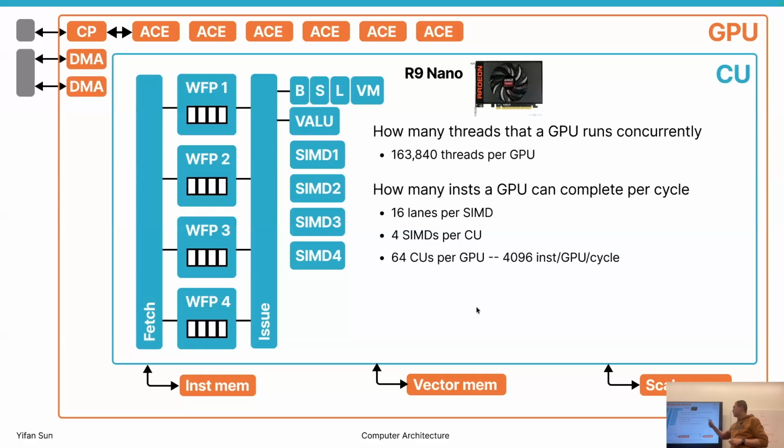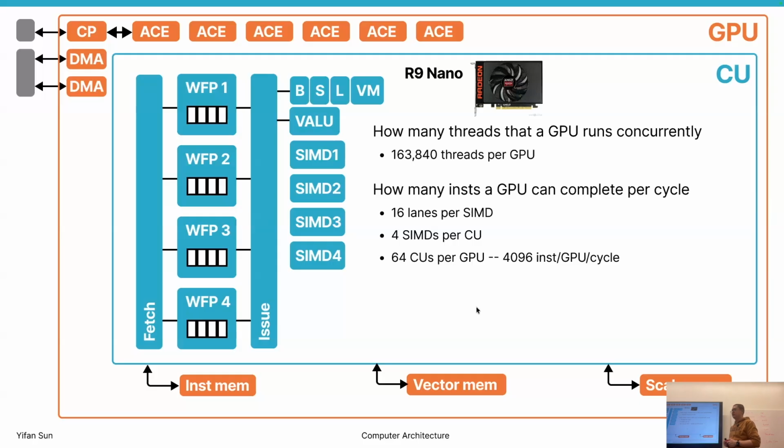And keep going, 64 CUs. That's why I really like R9 Nano, it's always 64. So multiply these three numbers together, 16 by 4 by 64, we get 4 kilo instructions per GPU per cycle, right? So in every cycle, we can complete 4